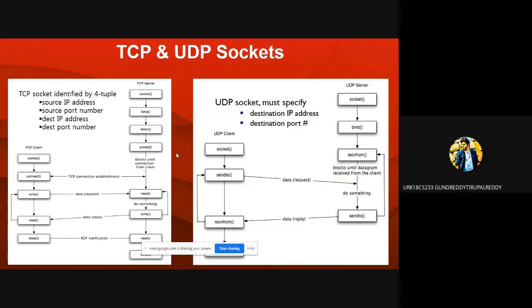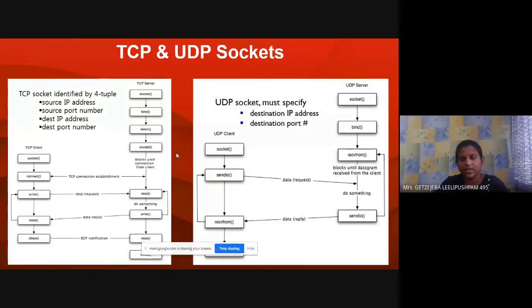Ma'am, in the transport layer, in reliable data transfer, we won't use UDP. So that's why I'm thinking source IP address is not mentioned in the UDP. Okay, reliable data transfer, we don't use UDP, so source IP is not referred. But my question is, why is source IP not required for UDP?